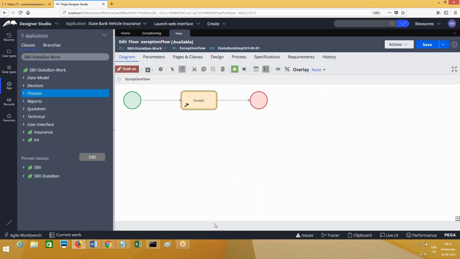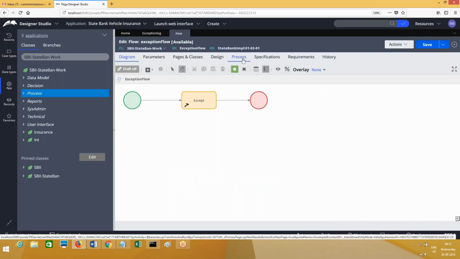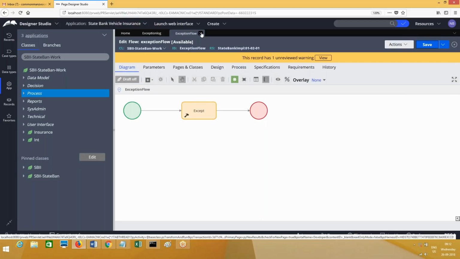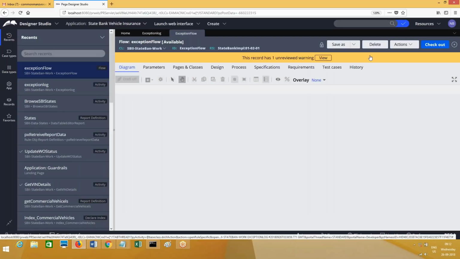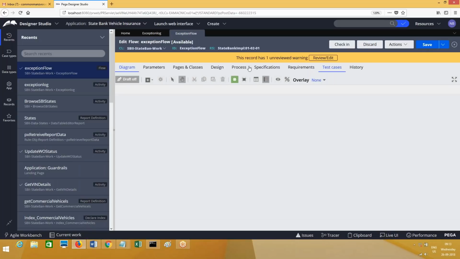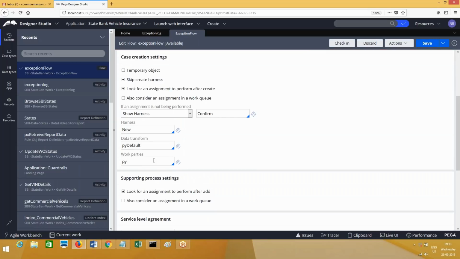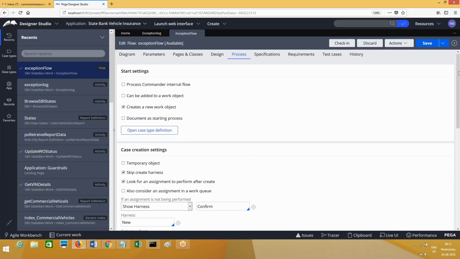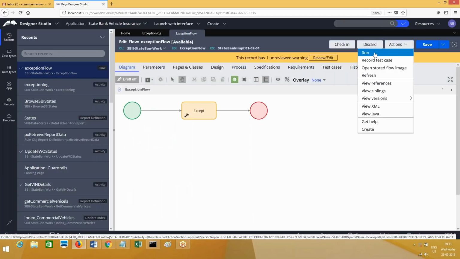The activity I have called here. So if I run this flow, during the execution of the activity, exception will happen, right?